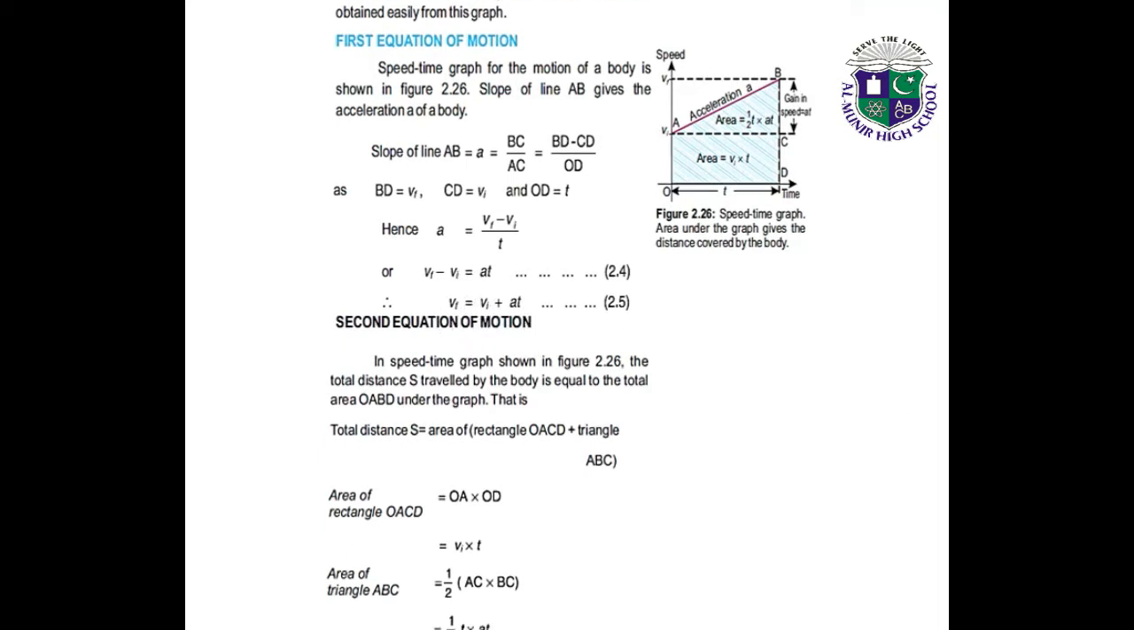By rearranging it, we will get our first equation of motion, which will be vf is equal to vi plus at. Second equation of motion: in the speed time graph as shown in figure 2.26,